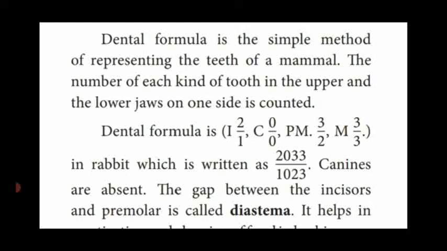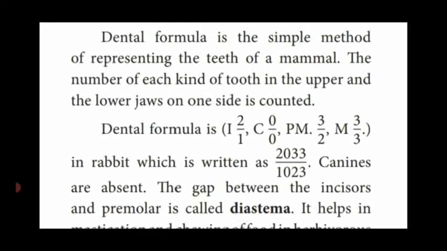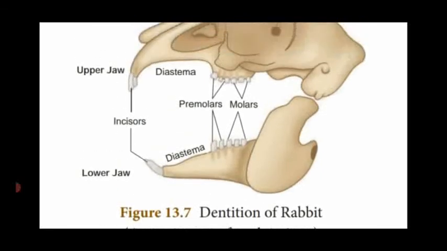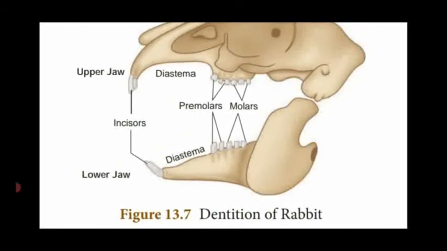Each mammal has an upper jaw and a lower jaw, including human beings. The dental formula is incisor, that is upper jaw 2, lower jaw 1. See the diagram. Upper jaw 2 irukka, கீழே only 1, lower jaw 1. And also, sorry to say this, premolars upper jaw 3 and the lower jaw 2 only. Then molars 3 in the upper jaw and 3 in the lower jaw.